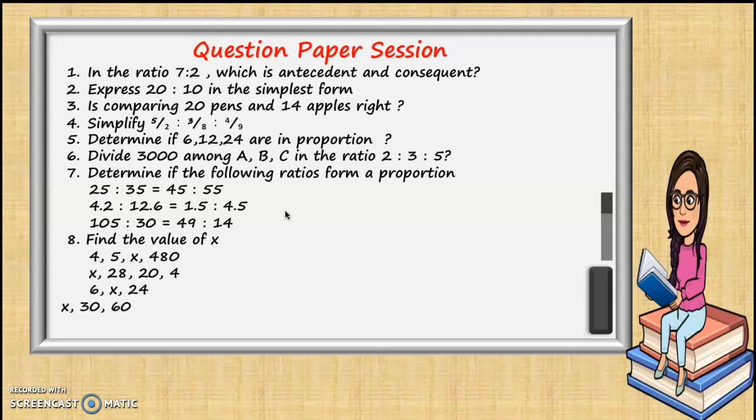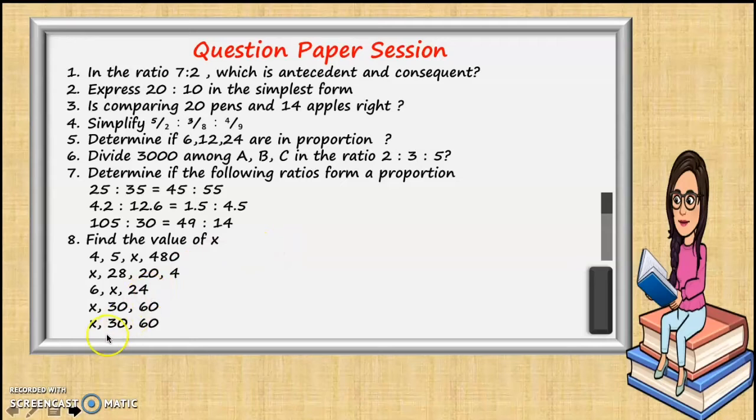Next problem, find the value of x. I've given here five problems or five equations. All that you have to do is multiply your extremes, that should be equal to your means. Example, let me tell you for one problem, 4 into 80 should be equal to 5 into x. So that means 4 into 80 equals 5x. Now 4 into 80 divided by 5, bring that 5 down, should be equal to x. So your x is separated, and by simplification you will be able to find out the value of x. The same goes for the second problem.